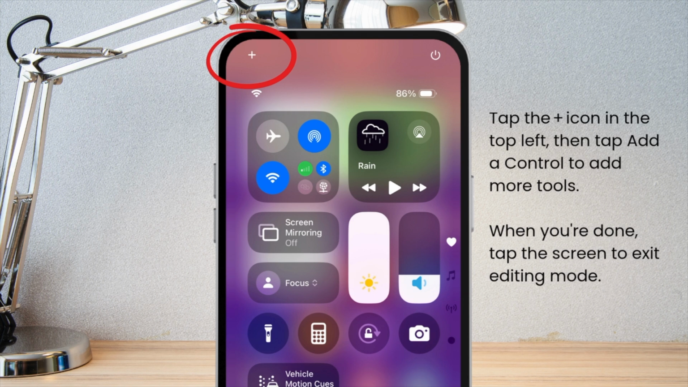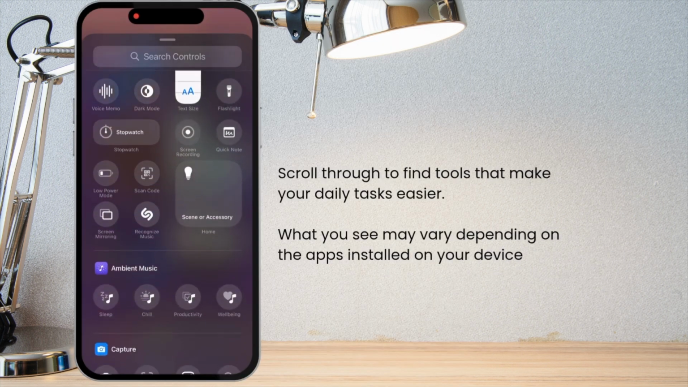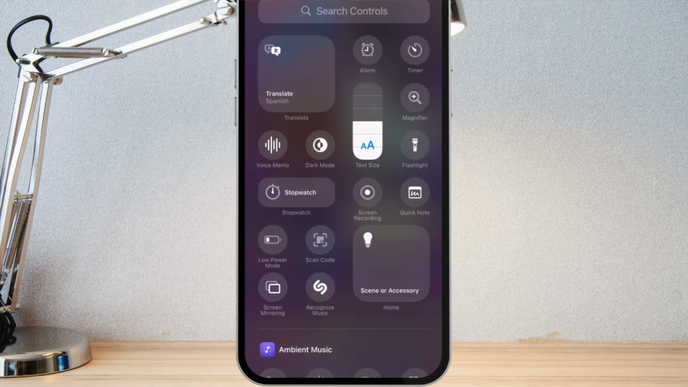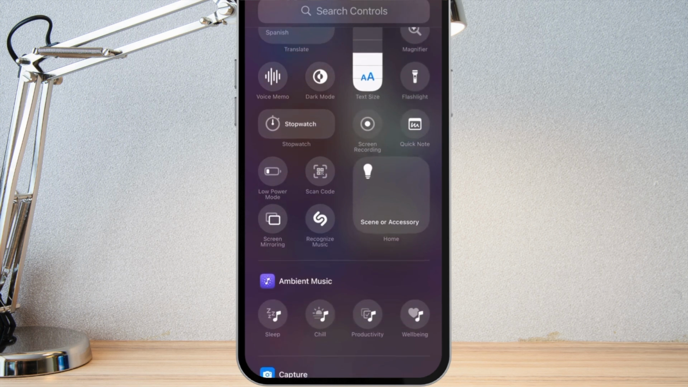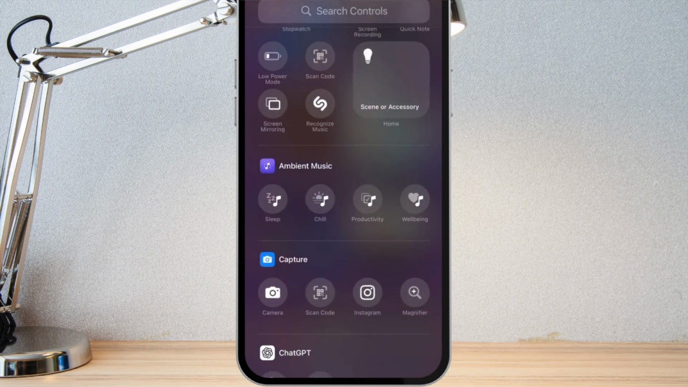What you see might vary depending on what apps you have installed. Some apps can have shortcuts. Look through and see what tools are there that will make your life easier. Some things I use a lot are Do Not Disturb, Airplane Mode, Bluetooth, Brightness I use a lot, Screen Recording of course,